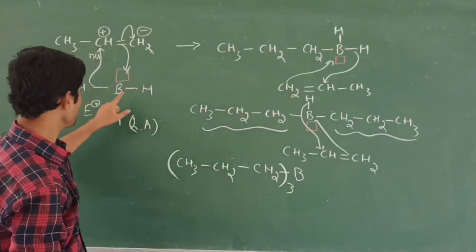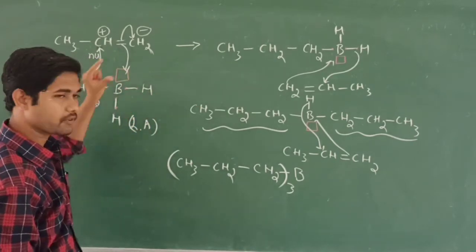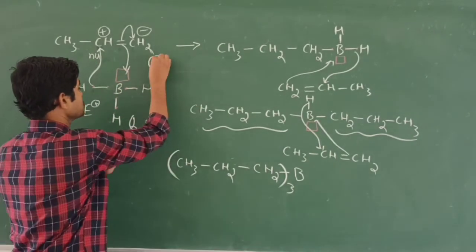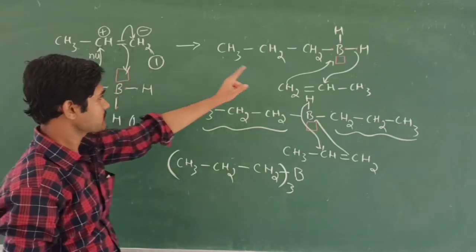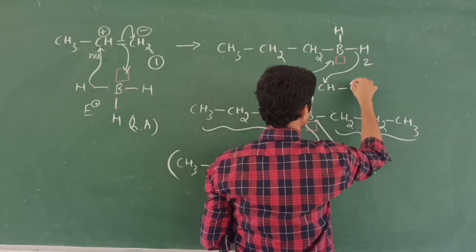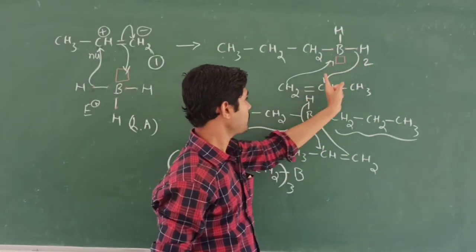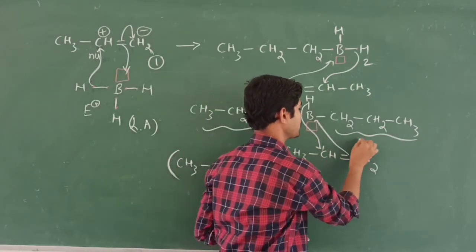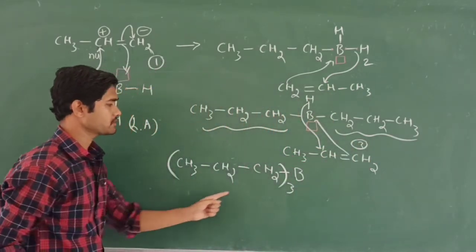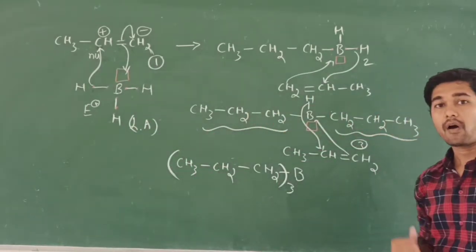In the initial stage, boron contains 3 hydrogen atoms, but what happens the first time with alkene? This is 1 alkene, so it is going to donate this hydrogen. In the second way, this hydrogen will come and attack here, because this is the second time of the alkene. And this is the 3rd time of the alkene. So we are going to obtain the 3rd time of this boron atom. So now this process further takes place as an oxidation.